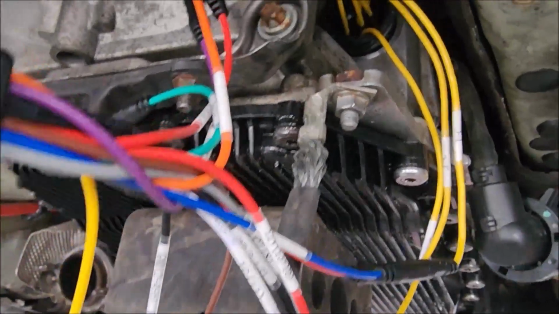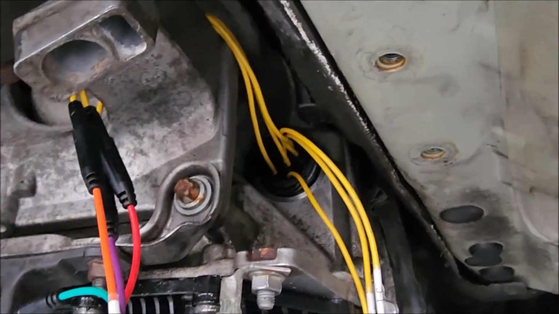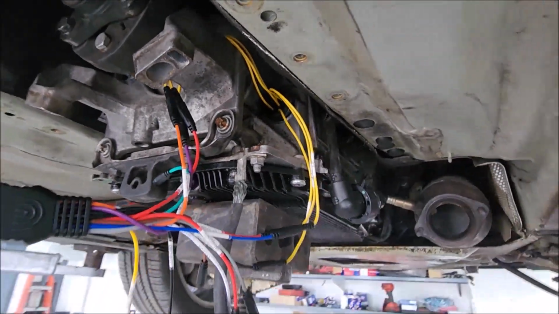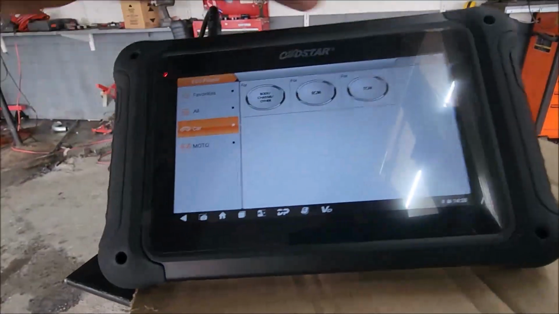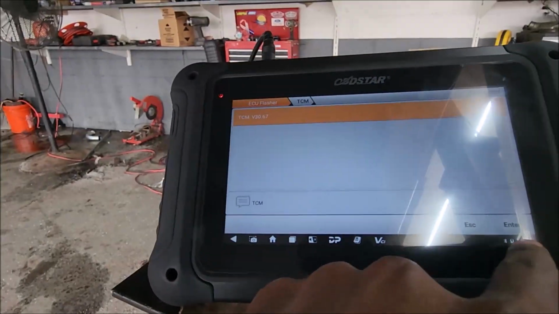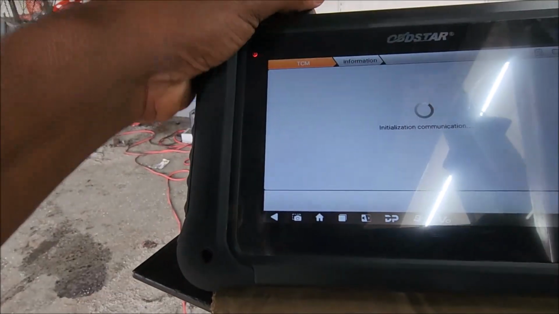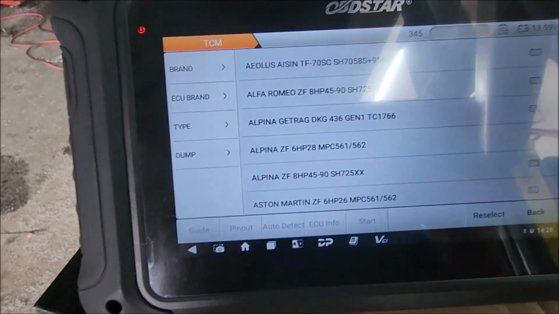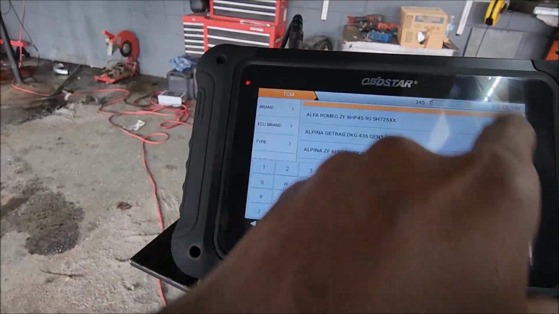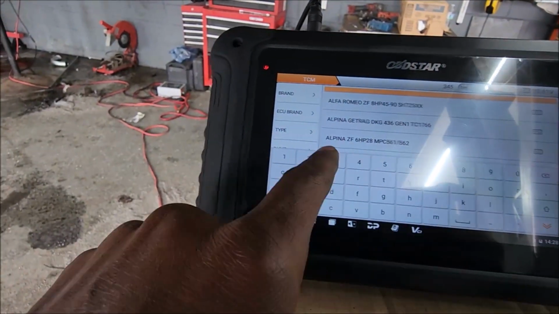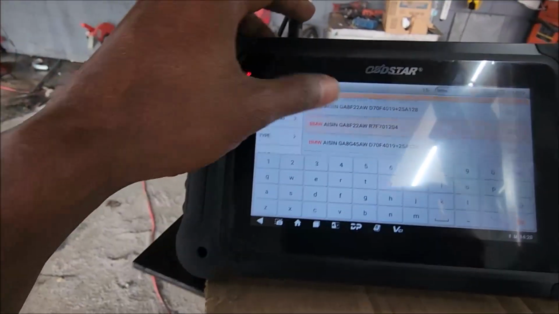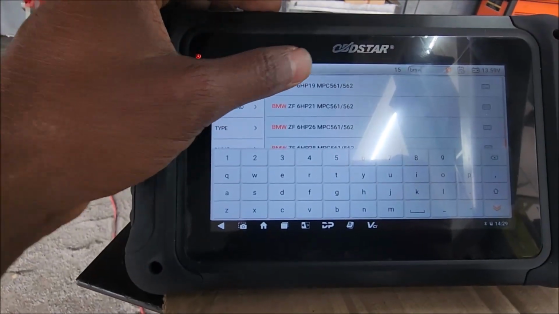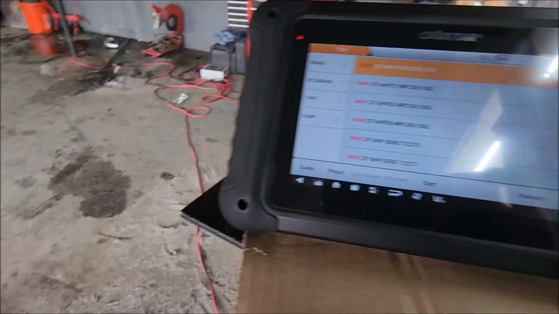So the transmission was replaced, and though the donor transmission was installed, there was no communication. So we tried to see if we could read it with the OBD Star, just in case I could retrieve the information from the old valve body and put it into this donor transmission with this TCM. So we go ahead and select the transmission type,